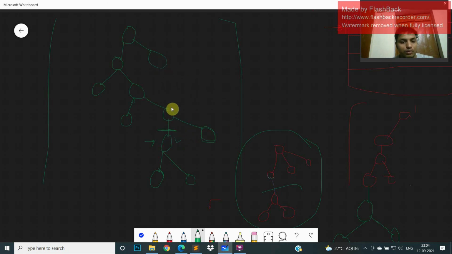Then I will just look, and yes, this will also generate a bud. I will just cut it here. Then this also generates a bud. I will cut it here, and it will also generate a bud, and I will cut it here. And all these buds I will just align in a straight line.